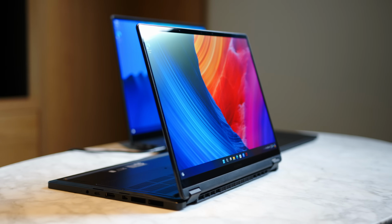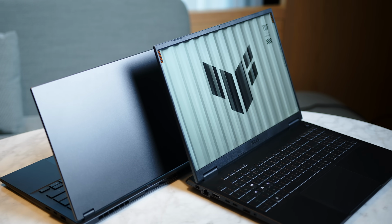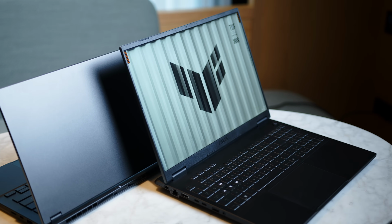And I am not talking about the lackluster Ryzen 8000 refresh from CES. Guys, this is proper next-gen stuff. But we are talking notebooks for now, and we will most likely cover the new chips in a separate video,